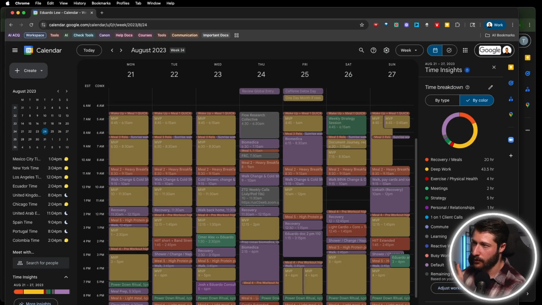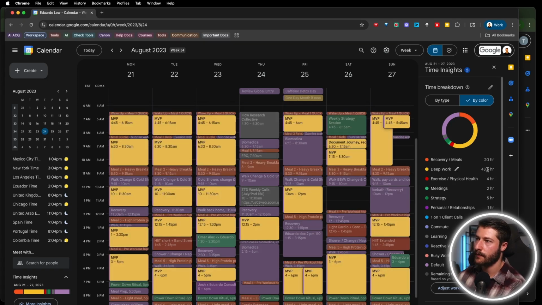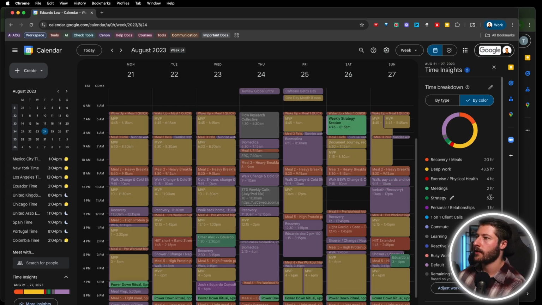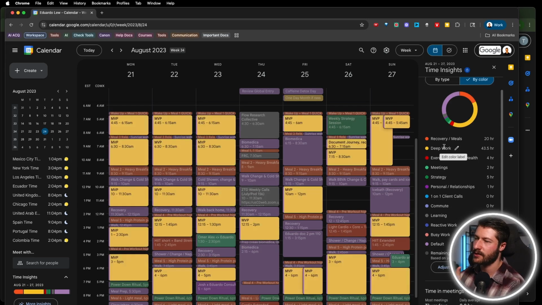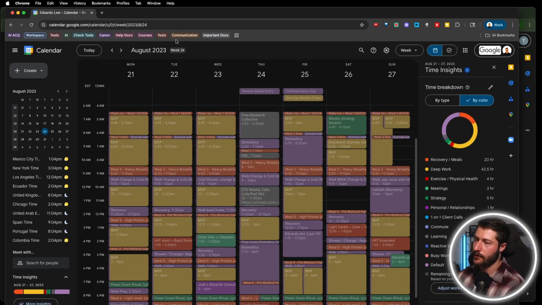So some of these things don't reflect all of the stuff that I have right now, but pretty much you could tell, oh, so in this specific week, I spent 20 hours in recovery or meals stuff, this amount of time in deep work, this amount of time exercising, this amount of time in meetings, this amount of time in strategy stuff, personal, one-on-one clients, commuting, learning, reactive work, busy work. So again, this is not actually accurate to what I have today because what I was doing back then changed, but this is just a quick